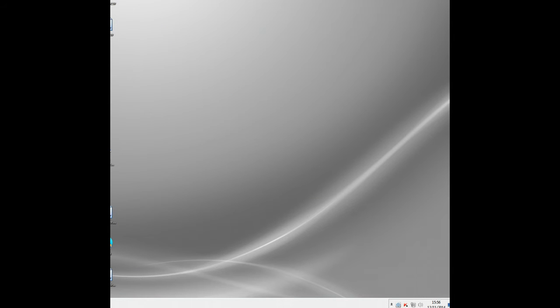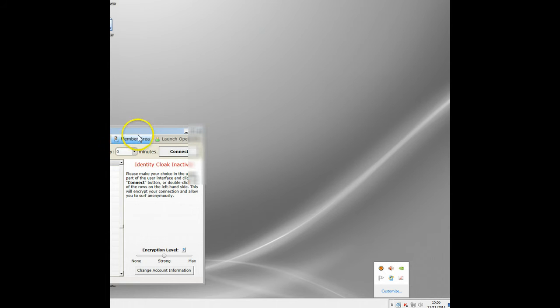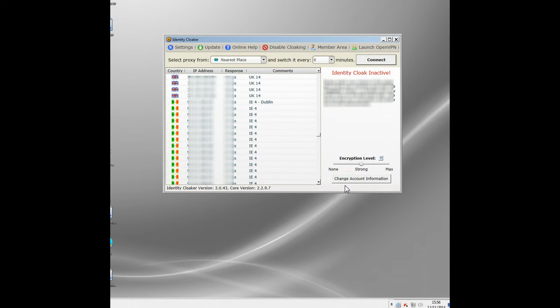I've shown you the free way. I'll show you the way I use, and many thousands use: paid proxies. Usually for a few bucks a month, you can get a subscription to use paid proxies. The advantage is they're super fast and they're secure, so you can use them for privacy as well and keep yourself anonymous online. This is the one I use, Identicloak. I've been using it for years. I've been trying all the others. This one's the most reliable, fastest, and it's about the cheapest as well,